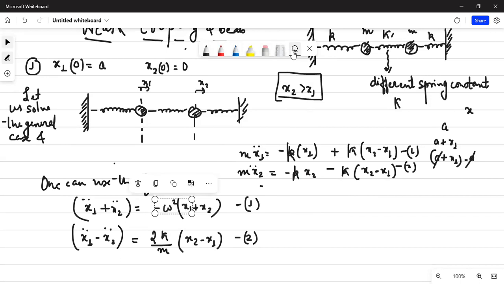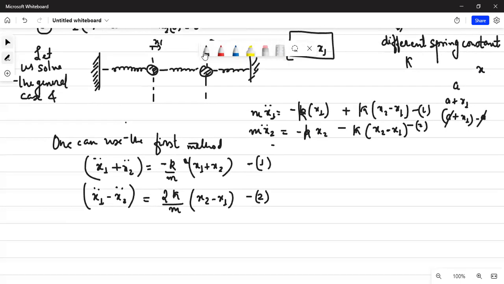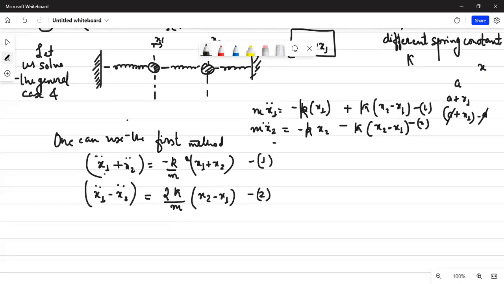क्या चाहिए इसको? Okay, so just give me a minute. इसको एक काम करते हैं. For our convenience, let us first write it as k upon m. Okay, so now you can see that there are two independent modes given by x1 plus,